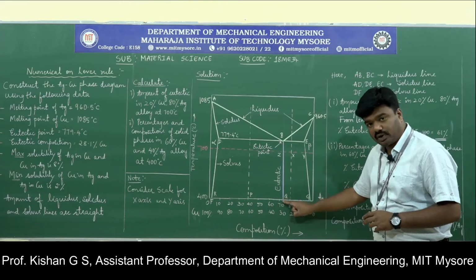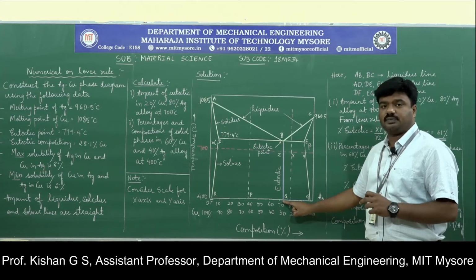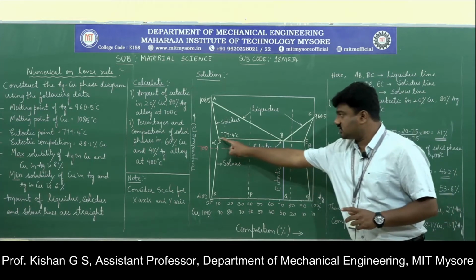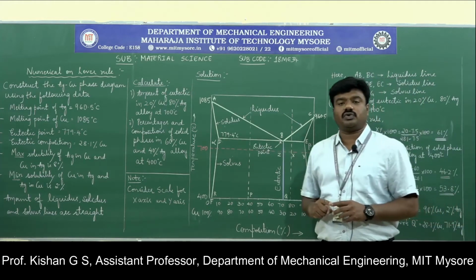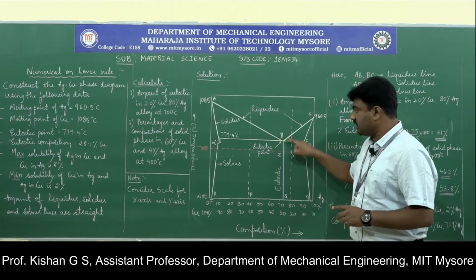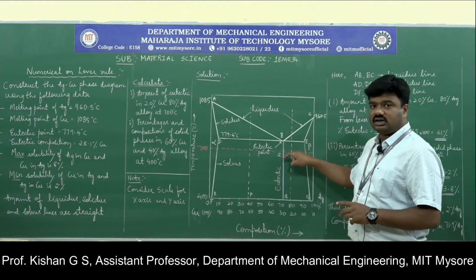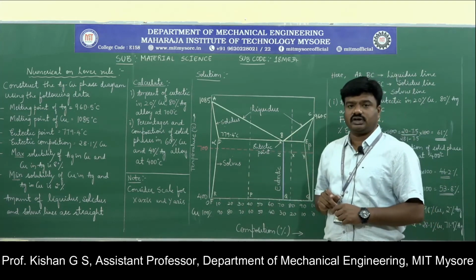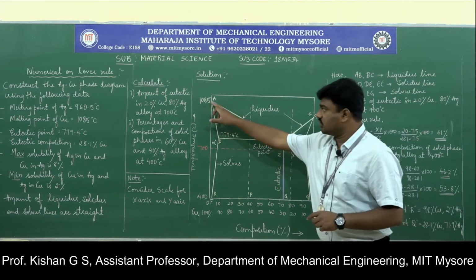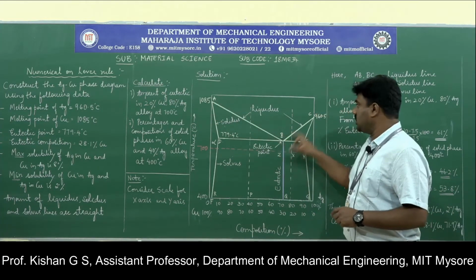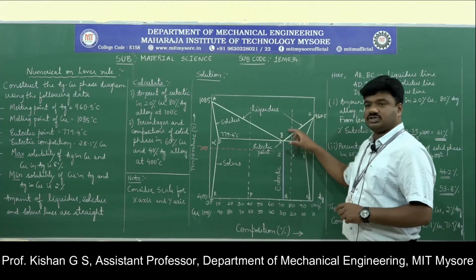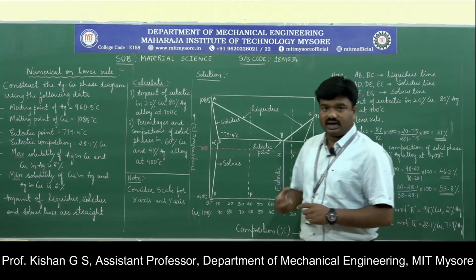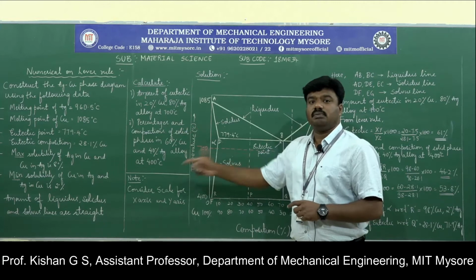Along that composition of copper, 28.1, we have to draw a vertical line so that it meets the eutectic temperature line at 779.4 degrees Celsius, and that particular point is the eutectic point, resulting in the solidification of copper and silver at 779.4 degrees Celsius. This means we have to draw the straight lines from point A to B and C to B, and this point B is the eutectic point that represents the eutectic composition. Now it is not ended. We have two more parameters, maximum solubility and minimum solubility.